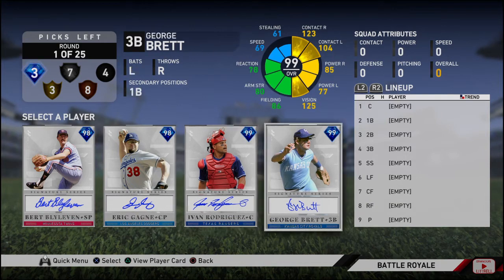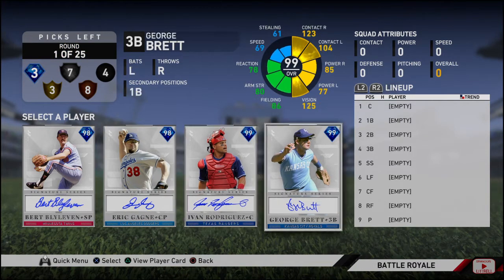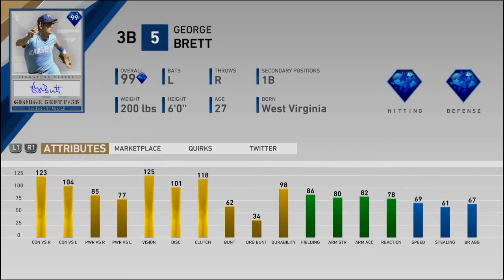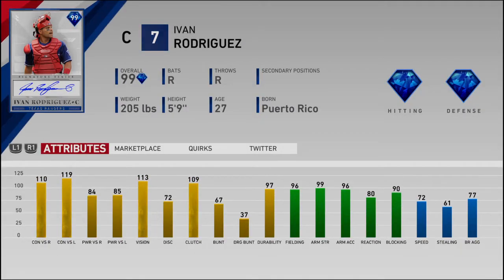So Ivan Rodriguez, great card. George Brett, great card. So it's really in between those guys and Eric Gagne. I don't think I'm willing to waste an Eric Gagne. Looks like Brett's got a very good vision compared to Ivan. I mean, Ivan's isn't bad for sure, but